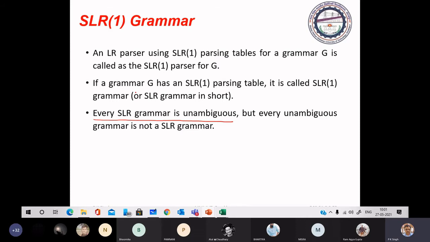When a grammar is SLR, if you have an SLR parsing table for that grammar, and you don't have any multiple entry, then the grammar is called SLR grammar.